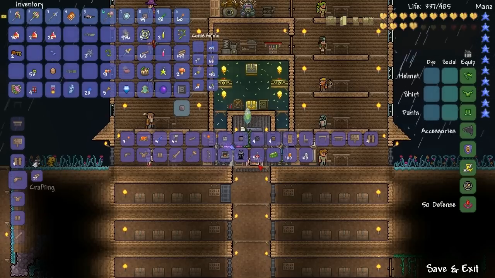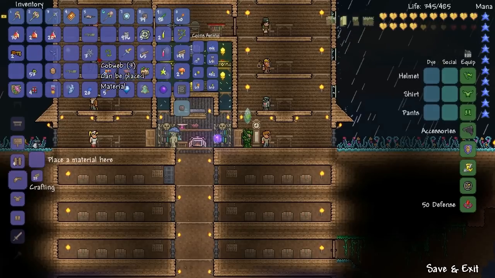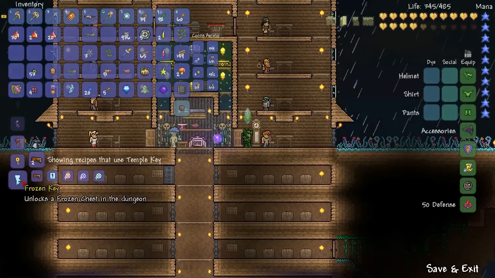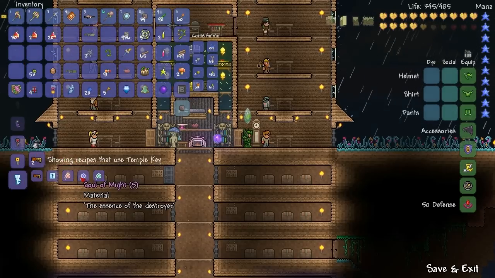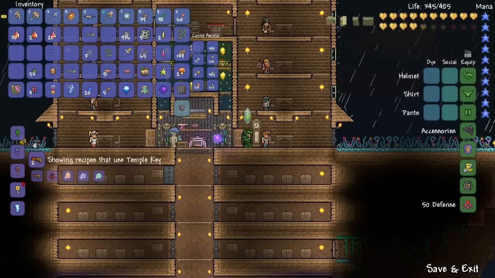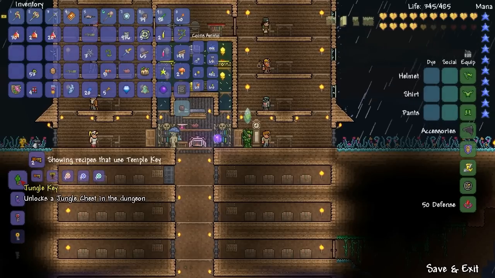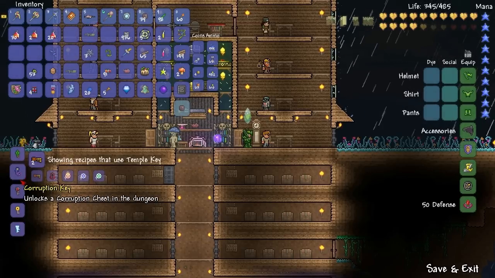What do they take again? Let's talk to our craftsman here. Right. So 5 Souls of Fright, Might, and Sight makes the ice one. Hallowed, Crimson, Corruption. I mean, I know where I think almost all of them are, right? Oh, and I need to make this one for certain. Oh, no. That's all for the...